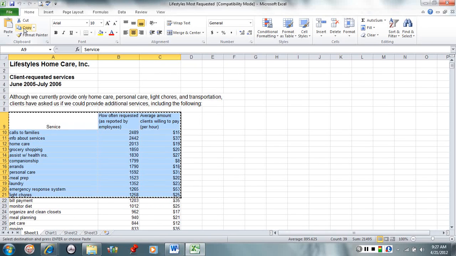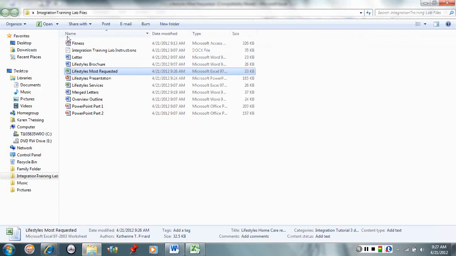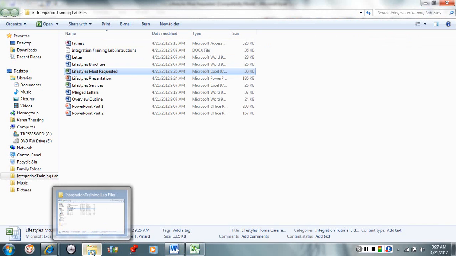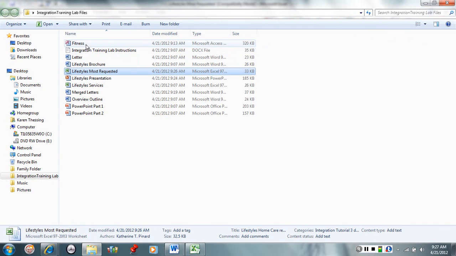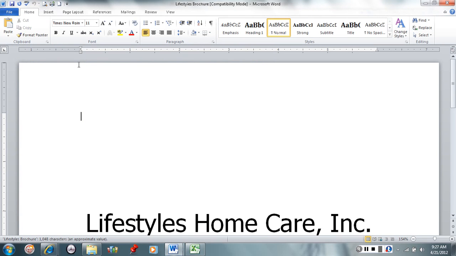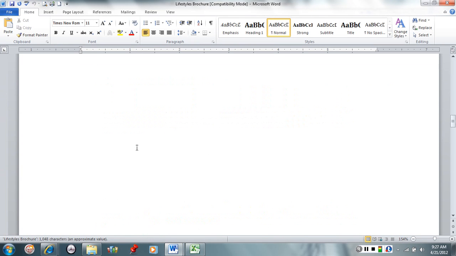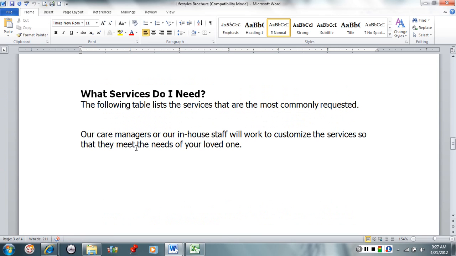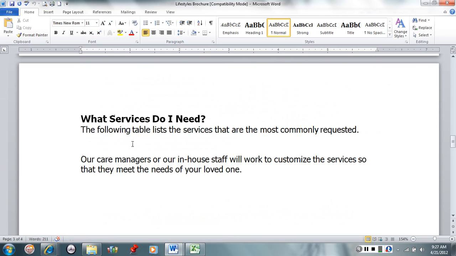And then now I want to open my lifestyle brochure file, which is a word processing file. So I'm going to bring up my folder with the work files in it. And I'm going to find my lifestyles brochure, which is a Word document. And we want to scroll down till we see page 3. So this is just a brochure we're going to send out. On page 3, after the first paragraph, click and place the cursor, your insertion point,